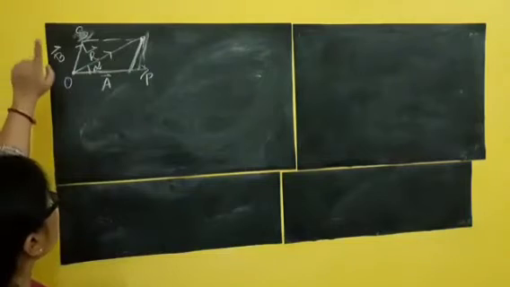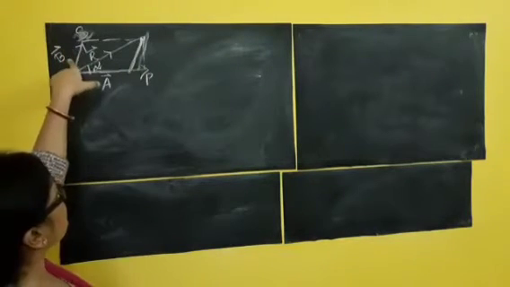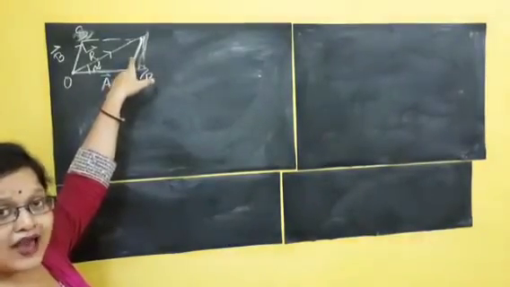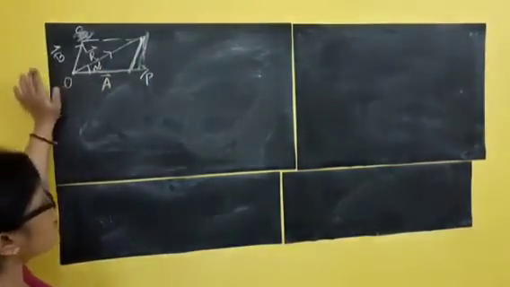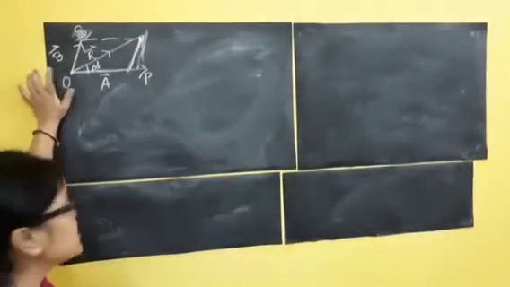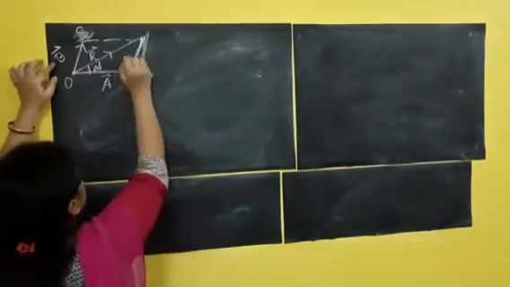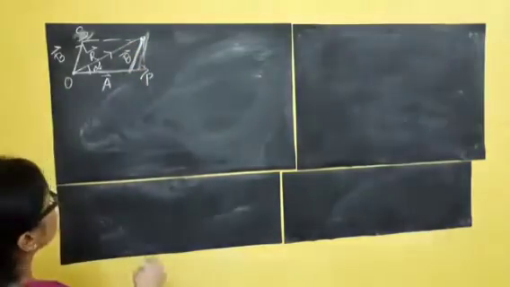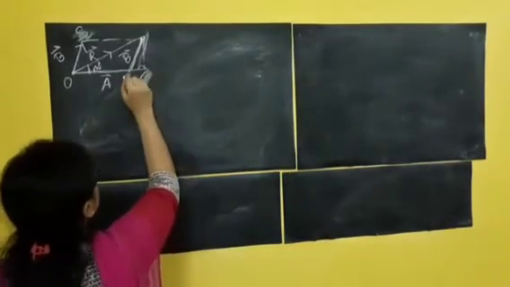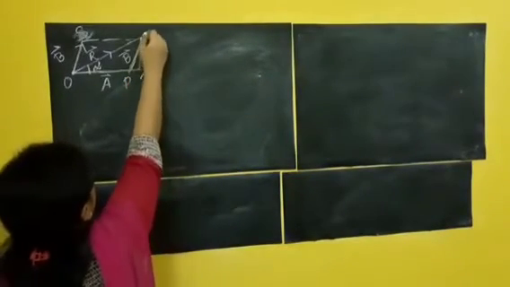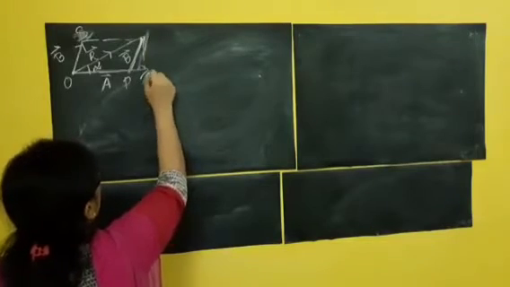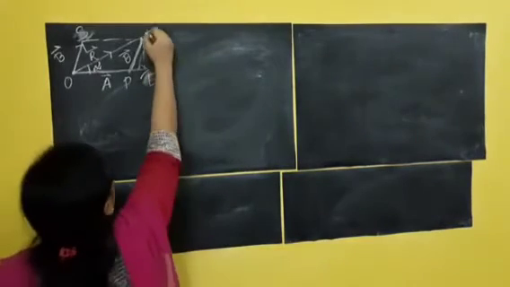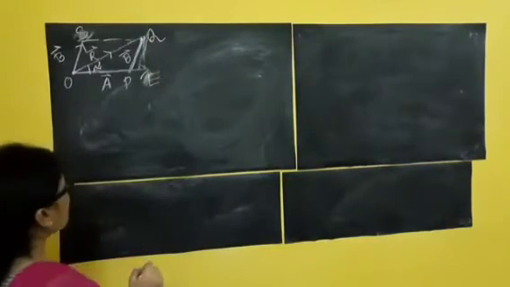So if it is a parallelogram, and this is vector B, this side of the parallelogram also acts in the same direction just like B. So from equality of vectors, this can also be written as B. This can also be written as B. No problem. So let's give the names. This is P, ending vector P. This is E, where I am drawing a perpendicular, and this is my Q. Clear? I think no confusion.